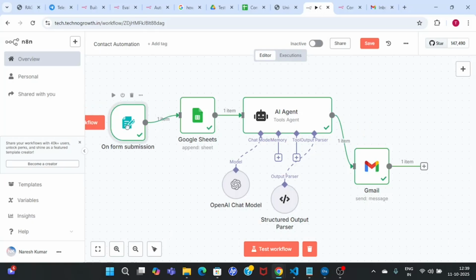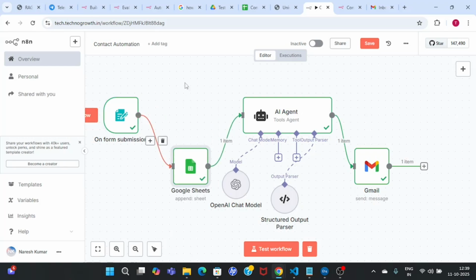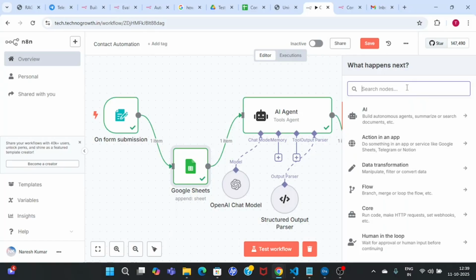Let me do one thing. Since this Telegram node requires only username, correct? Username, user mobile number, and which course he is looking for, right? Those details I am getting on form submission itself, right? So I'll send a Telegram message in parallel to one of my team members. I'll drag over here and then click on